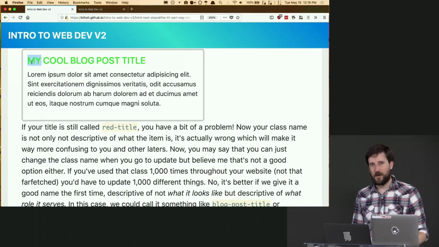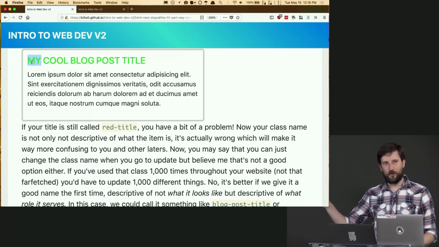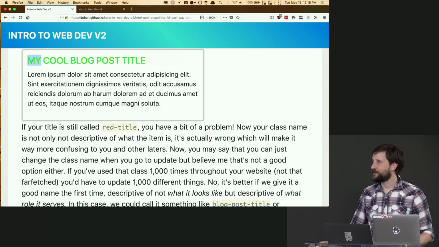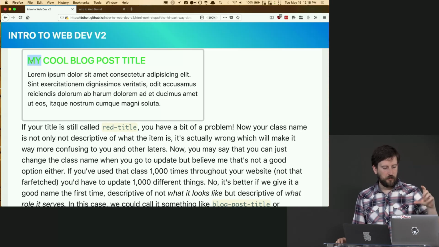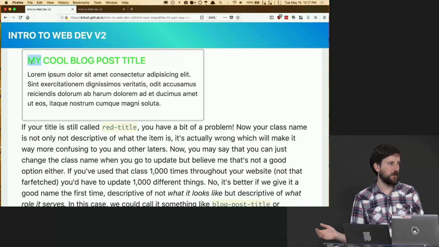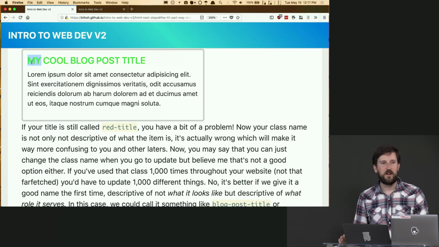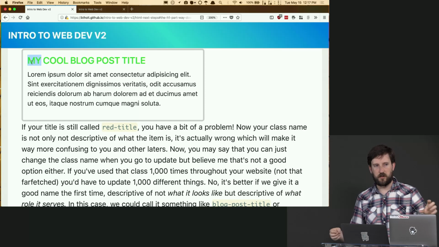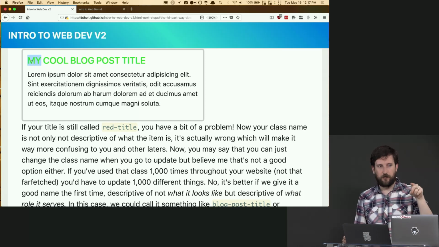However, there's a problem now that the class name for this is red title, right? So now it's not even really describing what it is. That sucks. Because you're going to go through your CSS and you're just like, oh, red title, and then you go look for it on the page, and there's no red titles on this. Where did this come from, right? And so it actually makes your job harder because you're going to read something and it doesn't mean what it reads. When you have to do that investigation to see something, understand it doesn't work, and then understand why it doesn't work, that's like 4 more steps that you have to do before you actually understand how the system works.